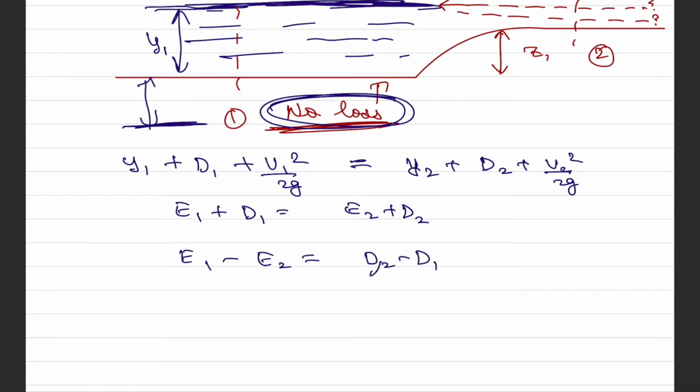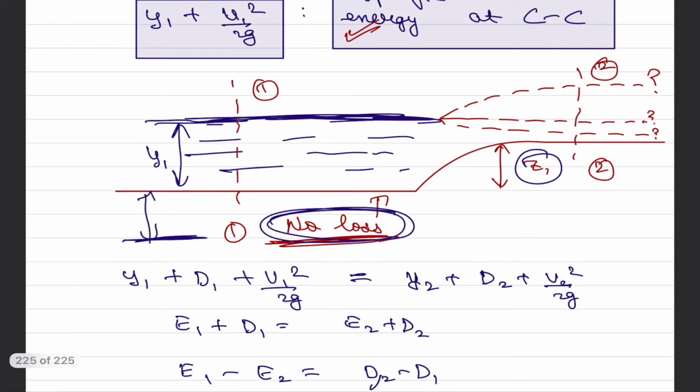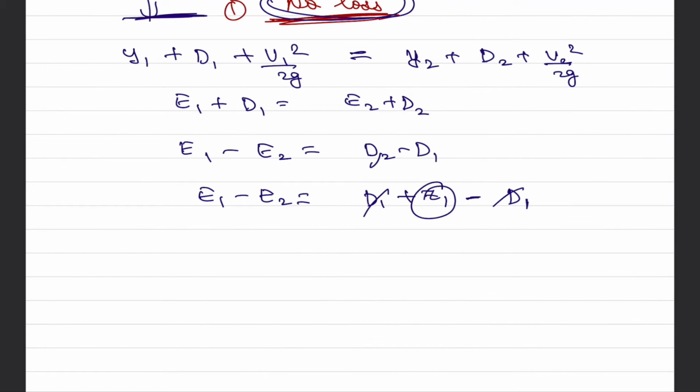And if we talk about D2, it is at the height of D1 plus Z1, and at section 2 we have the height of D1 as minus D1, which implies our net change in specific energy between section 1 and section 2 is equal to the height of this bump. Now this would help us derive the profiles where I started this question,